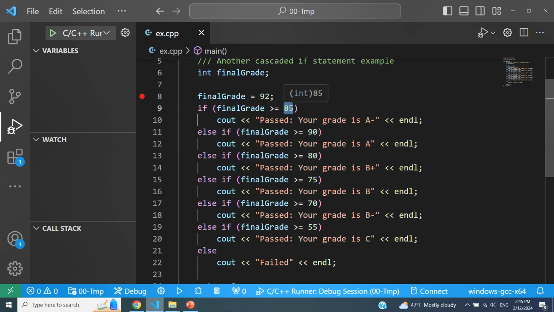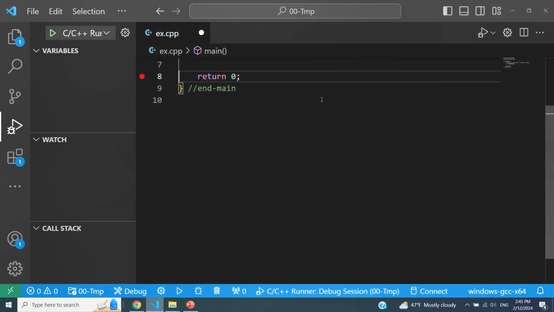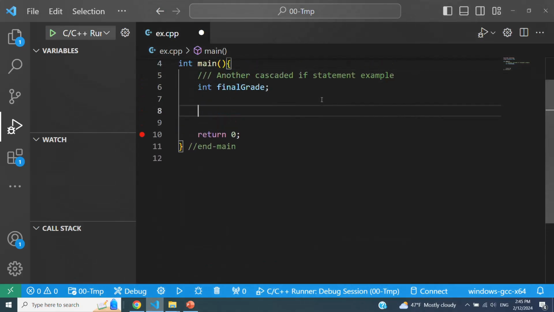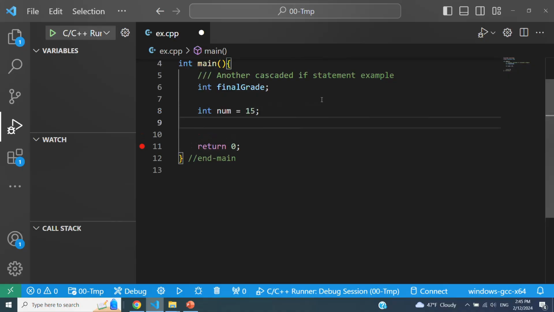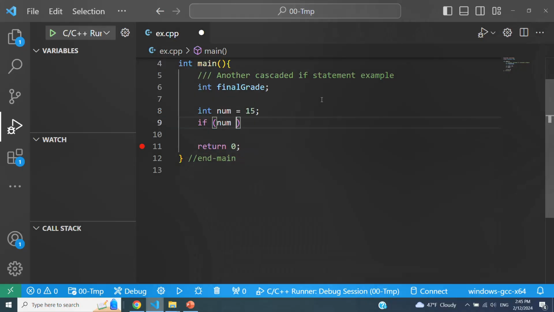Because this is a greater than or equal to operator, you have to start with the maximum value, then continue with the next maximum value, and so on. But if this was the less than operator, then you have to start with the minimum value. So let's assume we've got a number 15, and we have the following cascaded if.